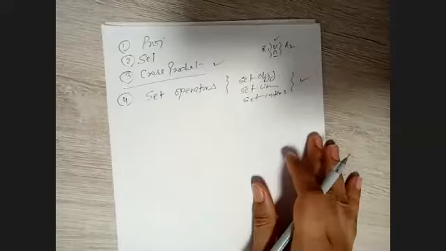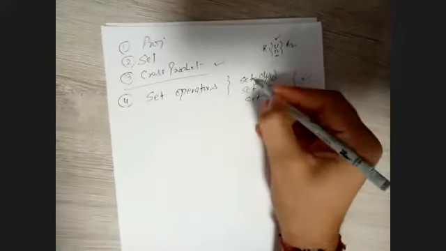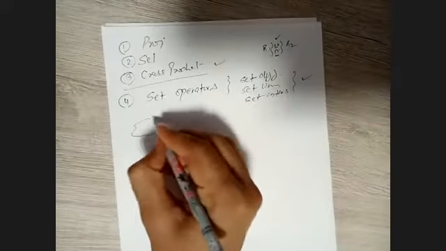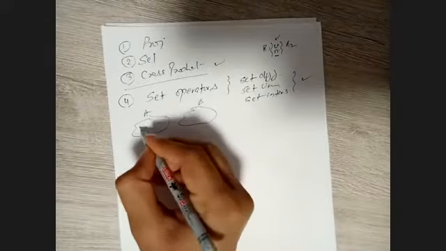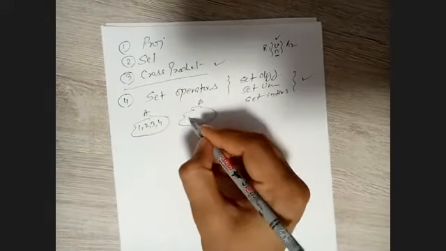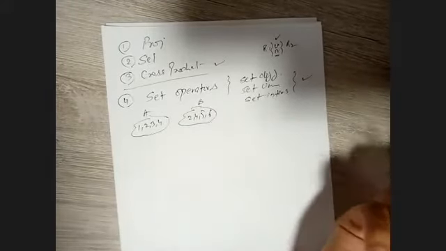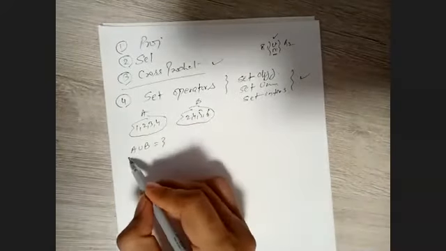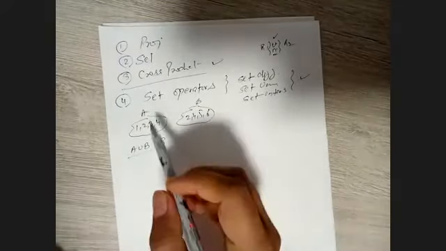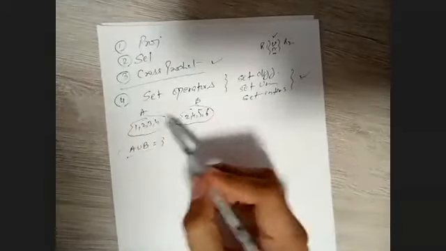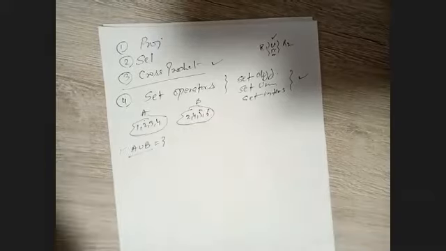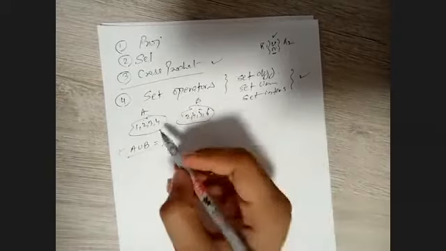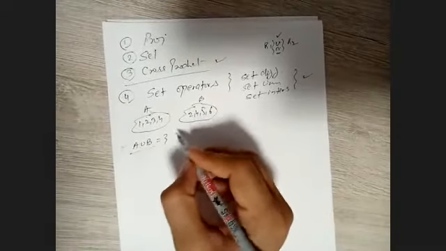Okay, remember, there are certain rules basically. We know about union, intersection, and difference in the set theory part, right? So let's say we have two sets A and B. Just for example, we have 1, 2, 3, 4 and 2, 4, 5, 6, something like this. So if we find A union B, what should be the answer? In set theory, you are quite familiar, A and B should be well-defined sets, right? We should have certain well-defined values. That's fine. Now, when we find the A union B, what will be the answer in this case?